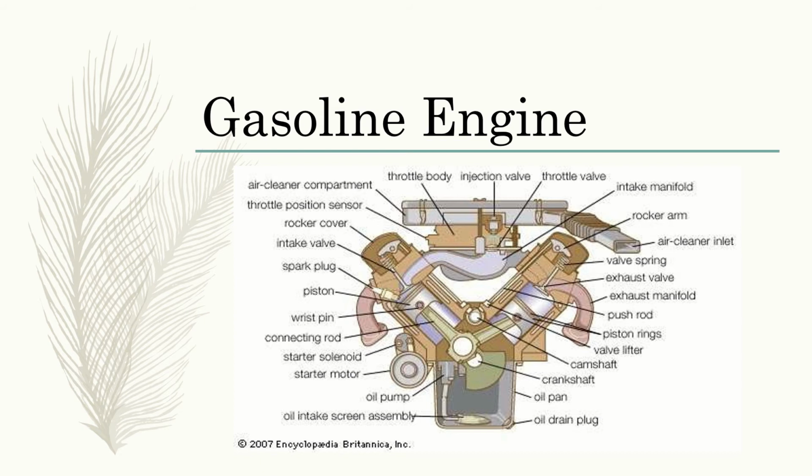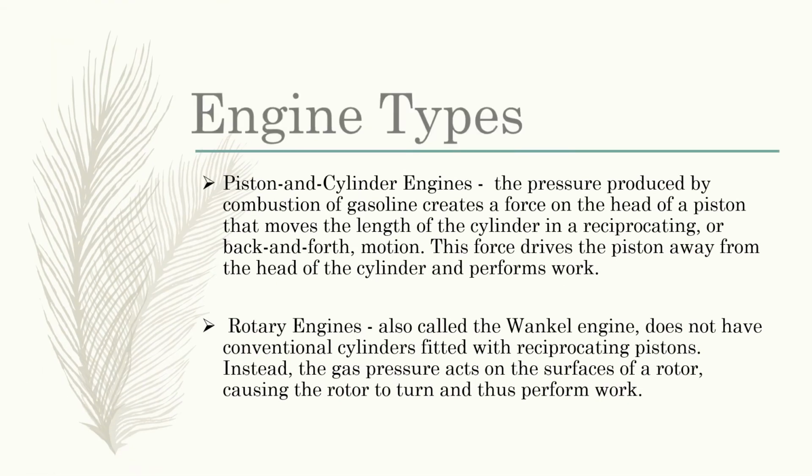Next, gasoline engines can be grouped into a number of types depending on several criteria, including their application, methods of fuel management, ignition, piston and cylinder or rotor arrangement, strokes per cycle, cooling system, and valve type and location. In this section, they are described within the context of two basic engine types. What are those? First is the piston and cylinder engine, and the rotary engine.